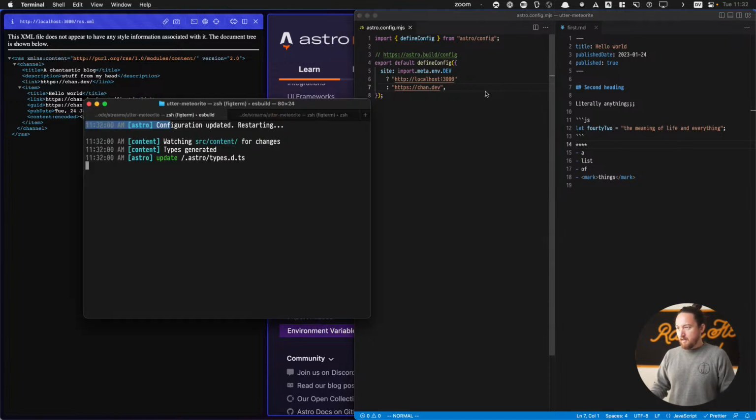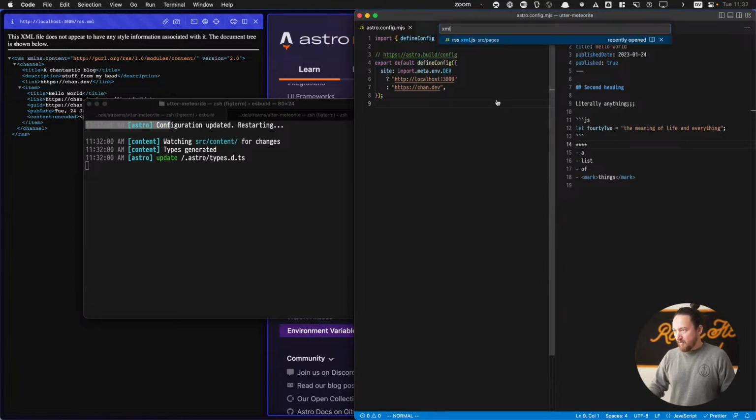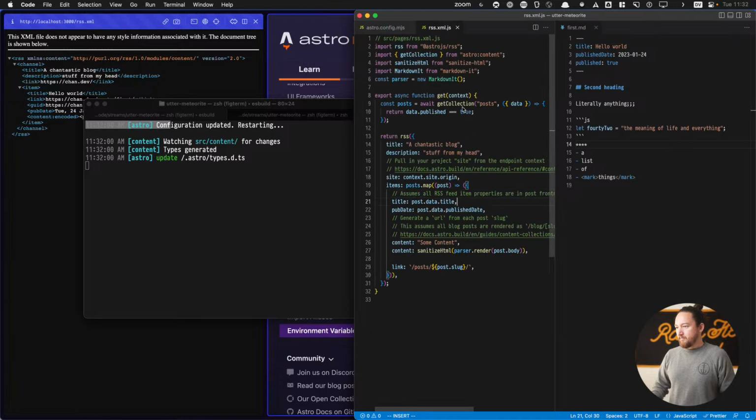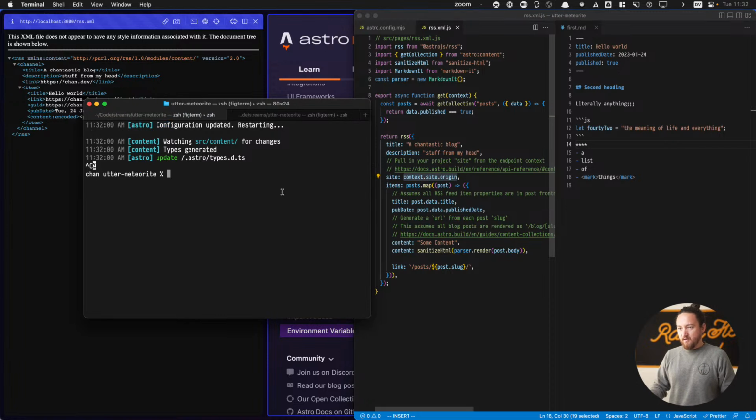So now, we'll see how this works, because we're using this to define our XML file. Remember, we were getting this off of context and then using context.site origin. Now we'll have to figure out if the origin thing still works or if we need to do something else. But